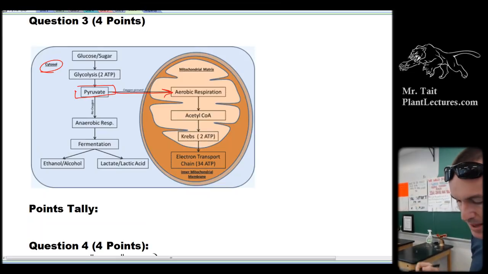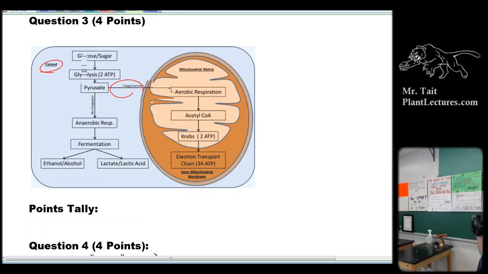The next part of the question says, make a claim about how PDC efficiency affects the amount of NADH produced by glycolysis and the amount of NADH produced by the Krebs cycle in the cell. Provide reasoning to support your claims based on the position of the PDC catalyzed reaction and the sequence in the cellular respiration pathway. Okay, so if we said that PDC happens right here, or occurs somewhere in this part here,